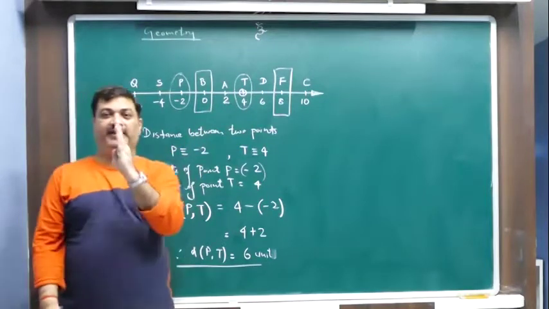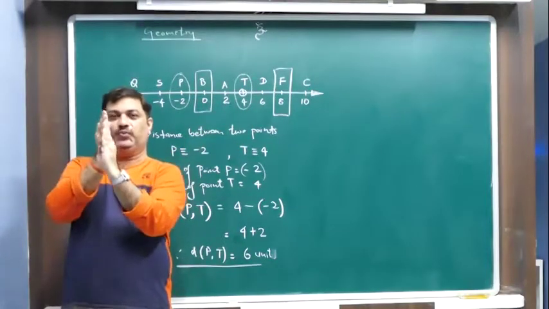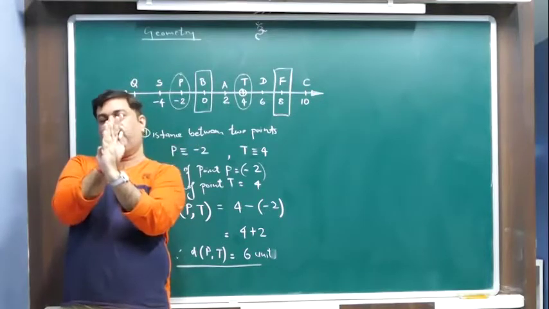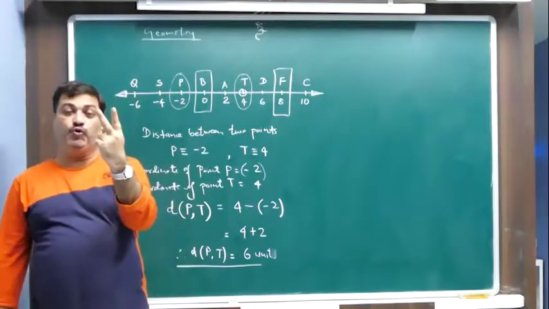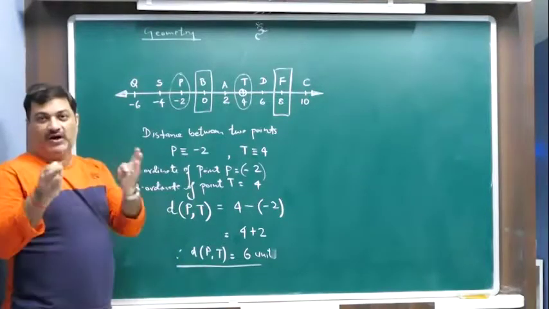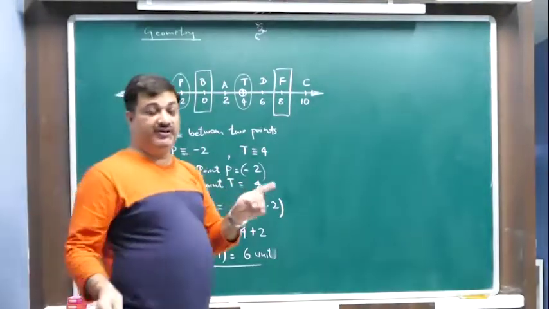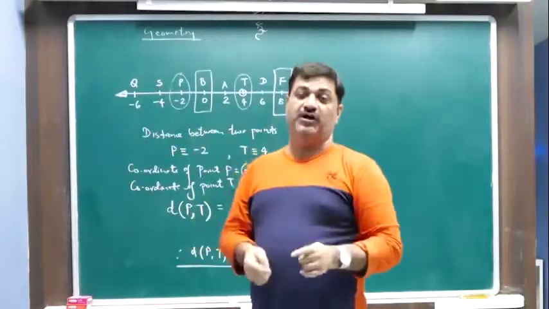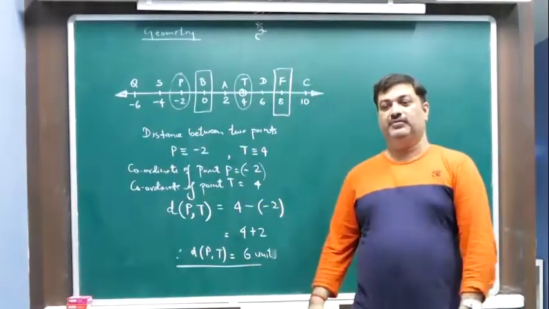Okay. So T is a point, and there is one point which is 4 unit this side, one point which is 4 unit this side. So there are 2 points and therefore 2 answers. Remember that. Okay. Just don't mark one answer in the exam. If that's the question, then remember there will be 2 points and there will be 2 answers, one on this side and one on the other side.